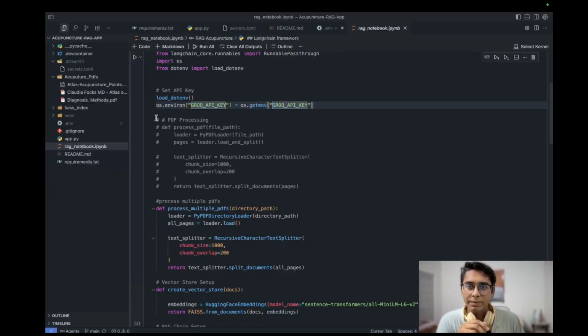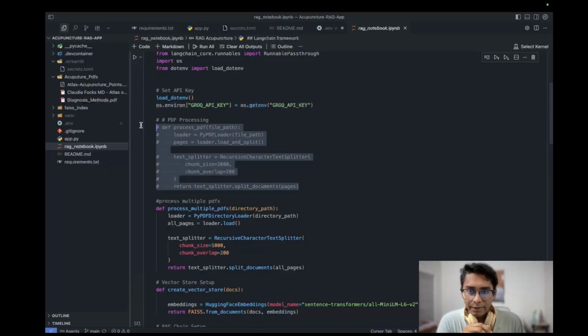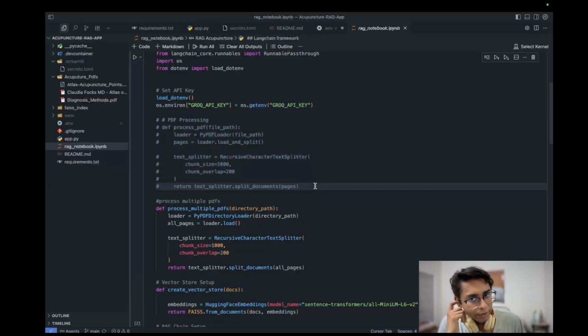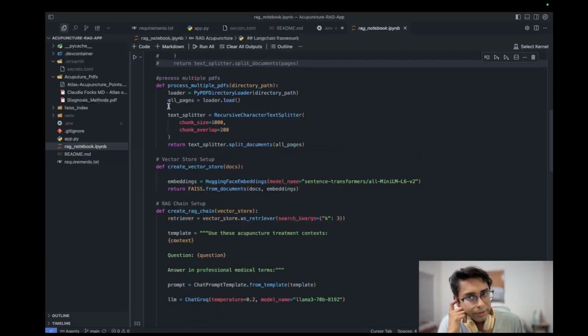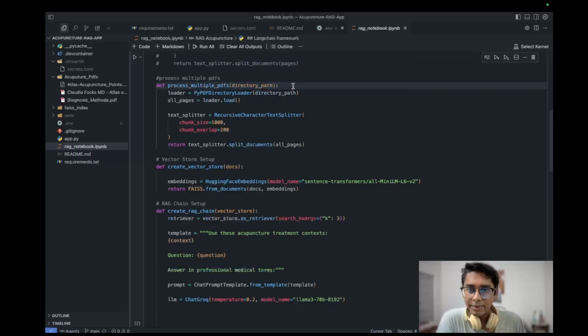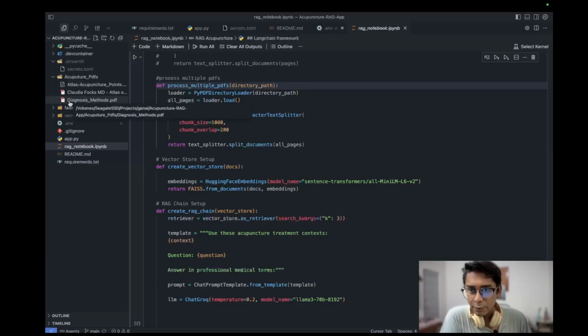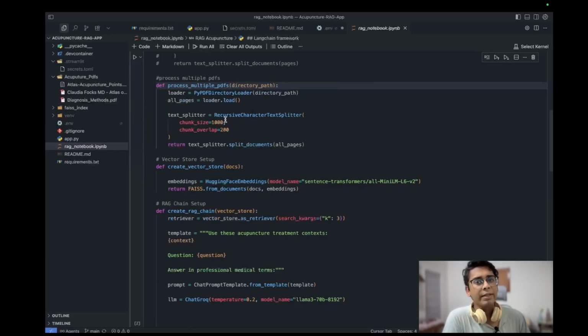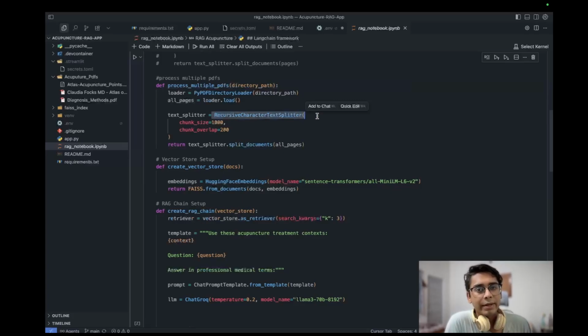Okay, so this is a part I've commented out because I don't want to load a single PDF. So I will move to the next part of the function, which is process multiple PDFs. It takes an argument as a directory path, which is this path over here. It will load all the PDFs inside this folder, all the pages with this function, and then the recursive character text splitter, which does chunking. Chunking means